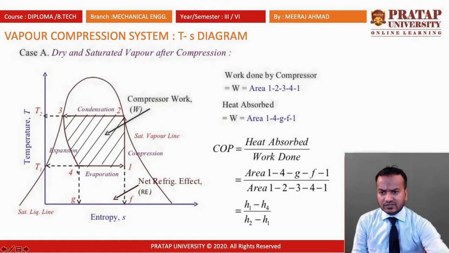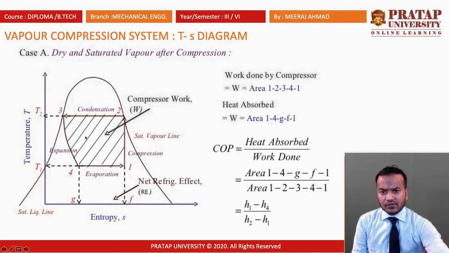After that the expansion process takes place in the expansion valve. In the expansion valve the entropy increases but the enthalpy is constant. Then this is point 4, the outlet of the expansion valve. At point 4 the refrigerant, a two-phase mixture, enters the evaporator. Then you get the point 1. From 1 you know this is an isentropic process, so you can draw this line.